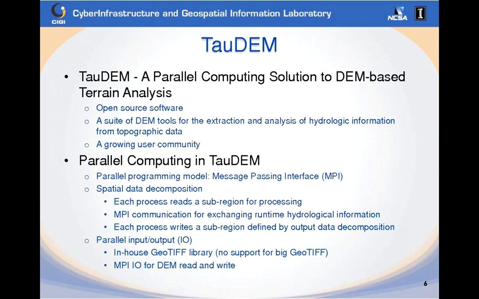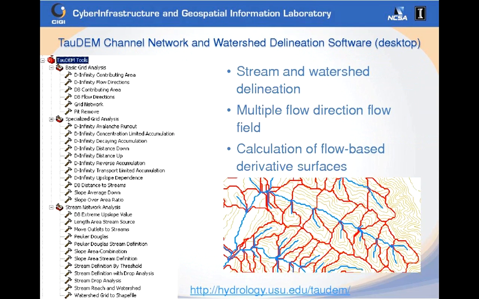Let me give an example of this concept of DEM-based hydrological information analysis. This is a preview of the USGS 10-meter resolution elevation data for the continental US coverage. You can take a portion of the data, on the left diagram, that denotes the elevation. Using the DEM analysis, you can derive the water flow direction and stream network denoted on the right diagram. This is the overall process, but for the software, there is desktop software, and there is this TauDEM software,